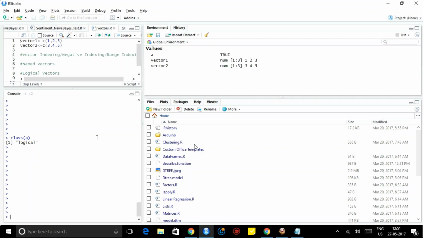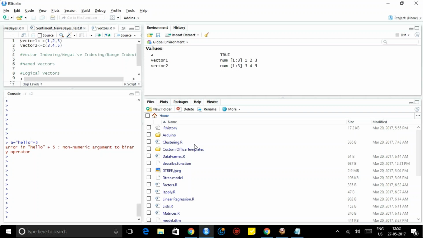For example, A is equal to hello plus 5. When you do that, it is not possible. One thing was, if you want to concatenate, this thing is not available. There is a function called paste. You should give paste and zero. So you can't just use plus. This one is not operator overloaded. So you can't use plus to concatenate.